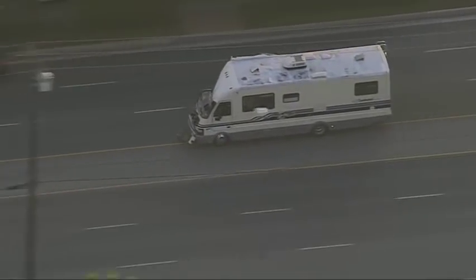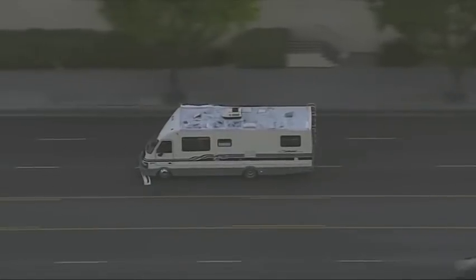And so they took over at that point after the Sheriff's Department gave it up to the CHP. CHP got behind it. Now there is the possibility that the LAPD could take over because we are in their jurisdiction, we're in their area. At this point, I haven't heard about that happening, but I will check the units that are closest to the